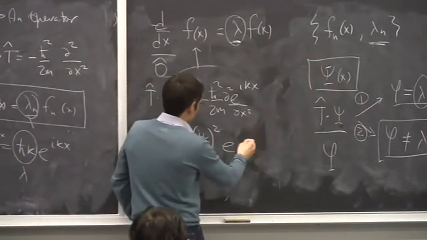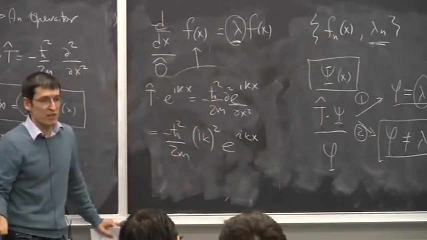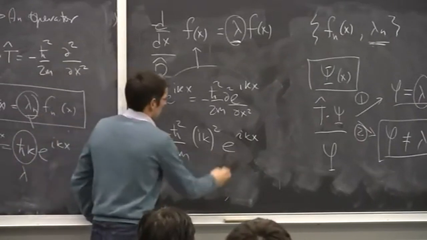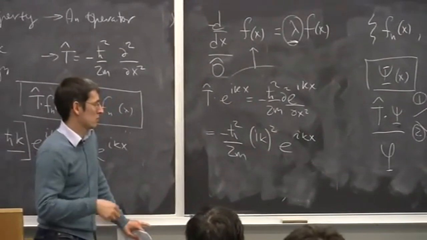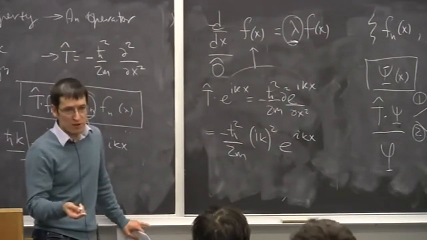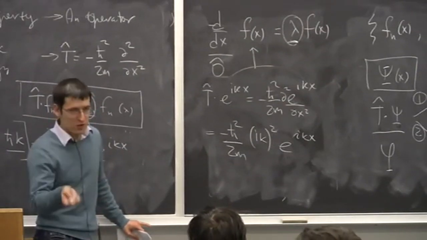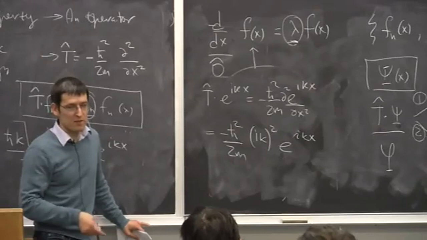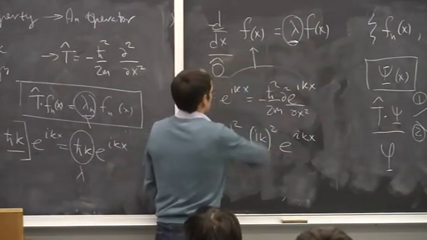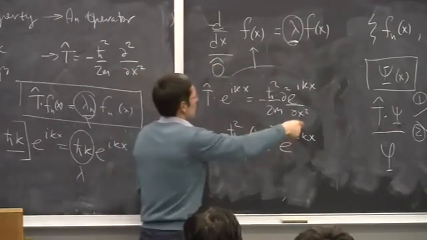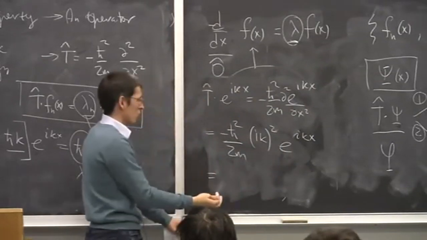And we shouldn't forget that no matter how many times you differentiate an exponent, the exponent will stay there. That's why the exponent is the main candidate for an eigenfunction of any differential operator, because no matter how many times you differentiate it, the exponent stays. That is kind of what we need from the eigenfunction: when the operator acts on it, the function stays. Okay, so now you can see where it all goes.